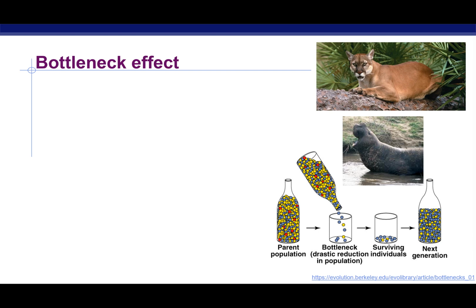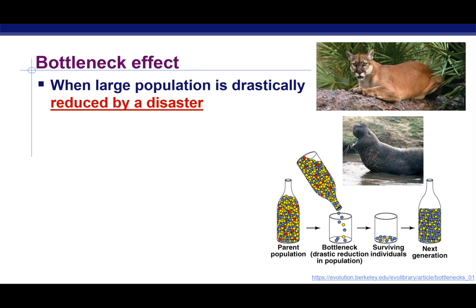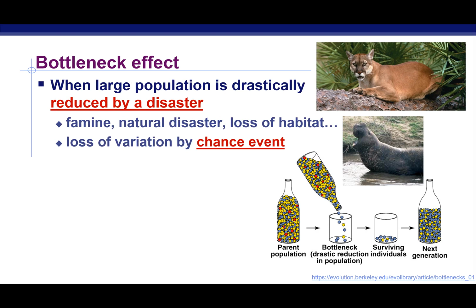The bottleneck effect, which we started to talk about a minute ago, is usually when a large disaster or something like that reduces the genetic population, or genetic frequency, of a population. So it's going to be, again, like famine, natural disaster, loss of habitat. This is a random chance event that's going to eliminate certain members of a population by no fault of their own, usually. So this is going to be something that's going to affect organisms on a random scale